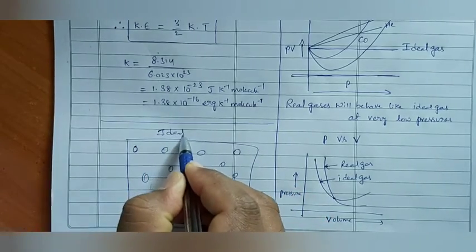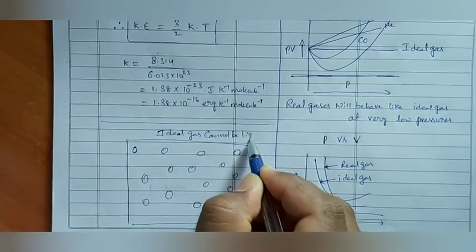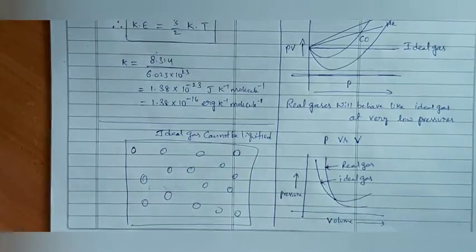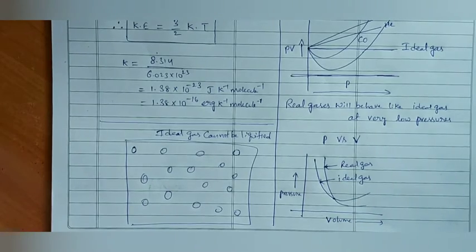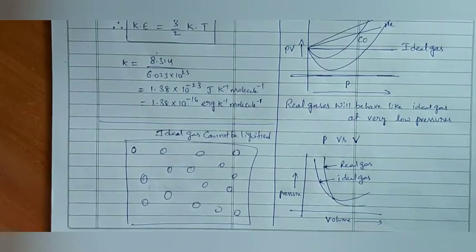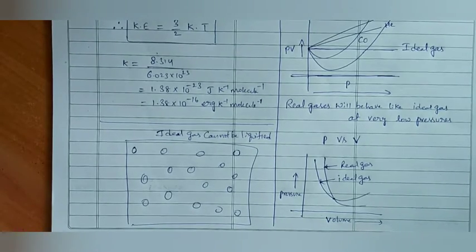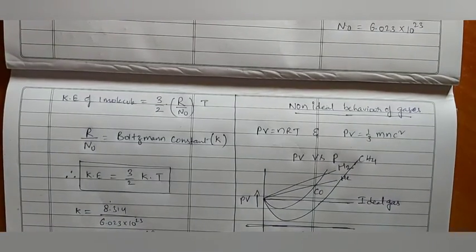Ideal gas cannot be liquefied. But the gases which are present in nature, those are real gases, they can be liquefied. Meaning, attractions and repulsions are present between the molecules in real gases. That is the point, they are deviated from ideal gas. Correct or not? Ideal gas should not contain any attraction or repulsion. But practically, real gases contain attractions or repulsions between the molecules. That's why only we are able to liquefy the real gas.